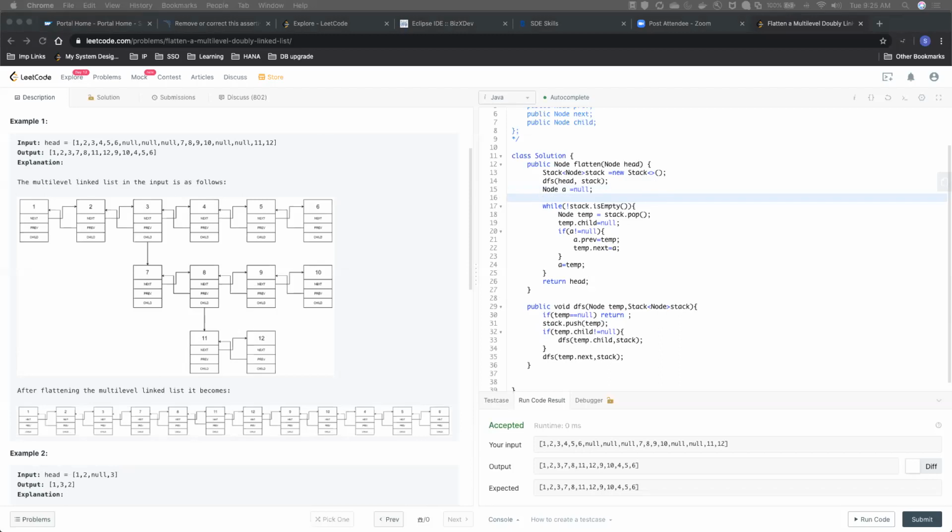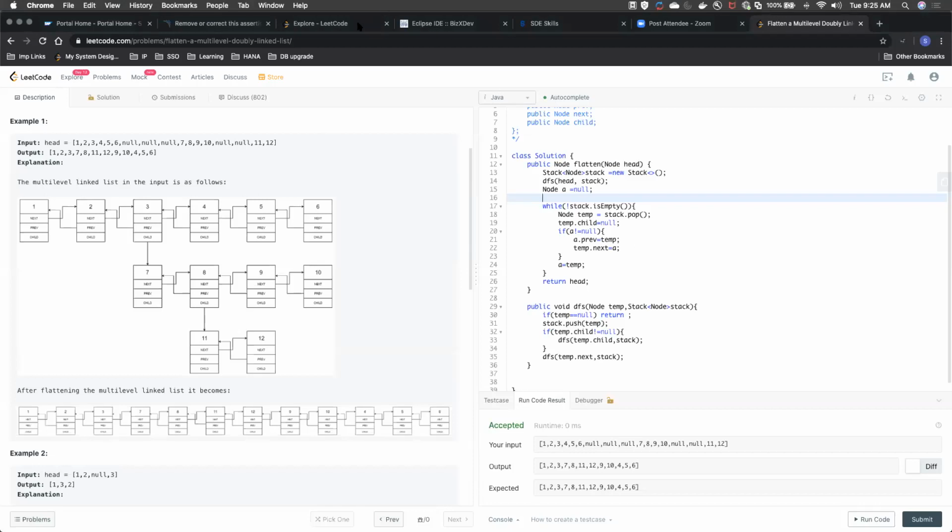Okay, so whatever was the top one, when you reach the end of the level, you just divert the previous and next to the top of that stack. Yeah, that's one way, or just keep on pushing everything onto the stack. But remember, before pushing to the stack, push the next first, before the child, if there's a child. Okay. That will also work. That will simplify the problem, right? Okay, so two great solutions. Yeah, good. I did a recursion.